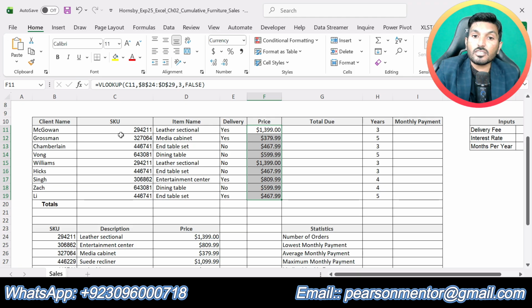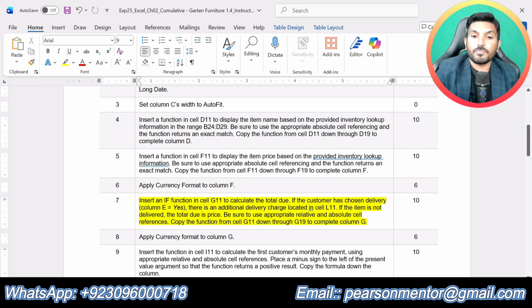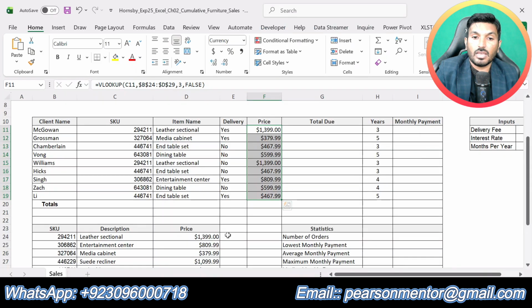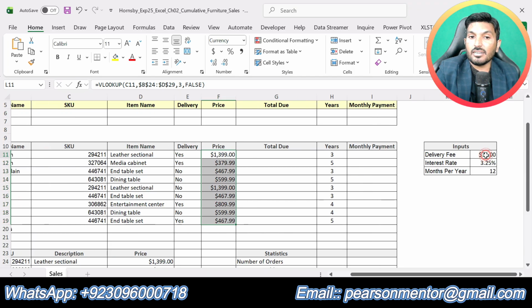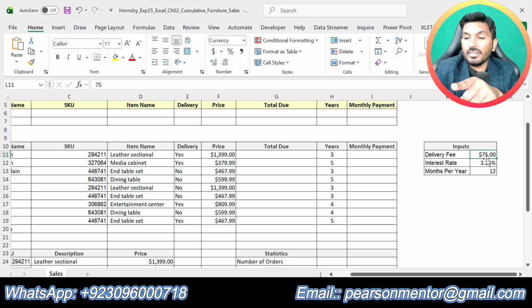So if the customer has chosen delivery, that means delivery is yes, then there is an additional delivery charge located in L11.